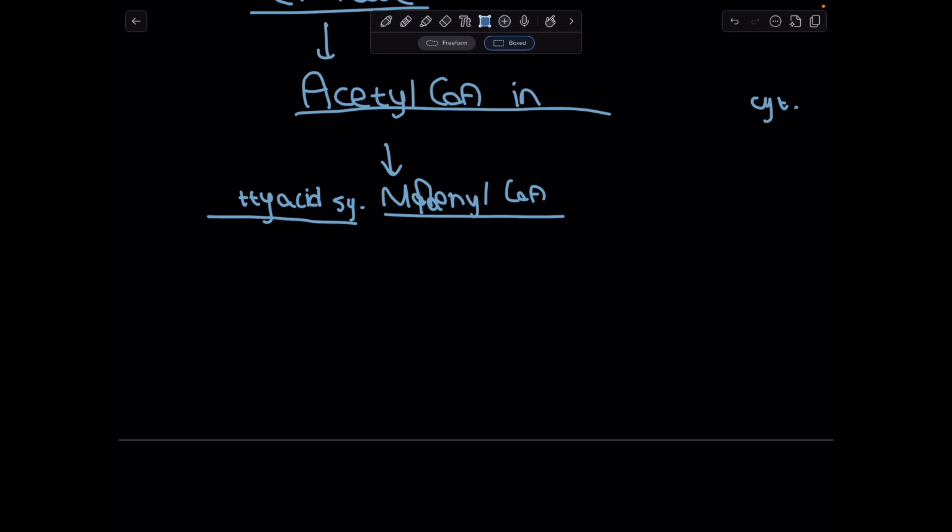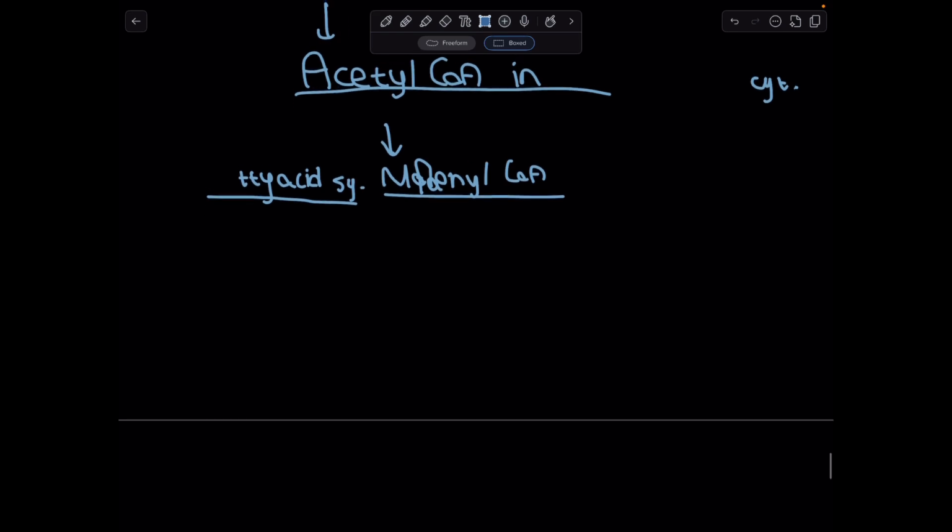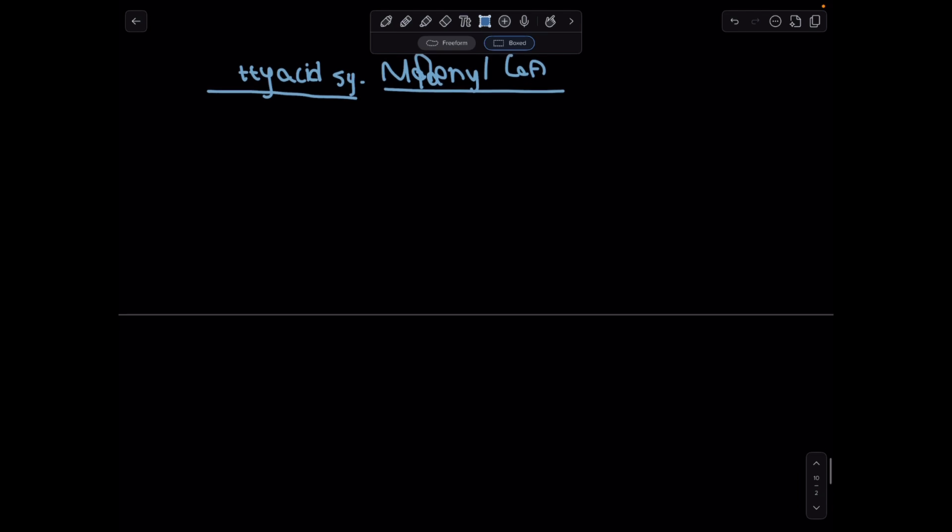ACC is regulated by 1. Hormones. Insulin activates it, promoting fat storage after eating, while glucagon and epinephrine inhibit it, favoring energy use during fasting or stress. 2. Allosteric control. Citrate, high when energy is abundant, boosts ACC, while palmitoyl-CoA, the end product,